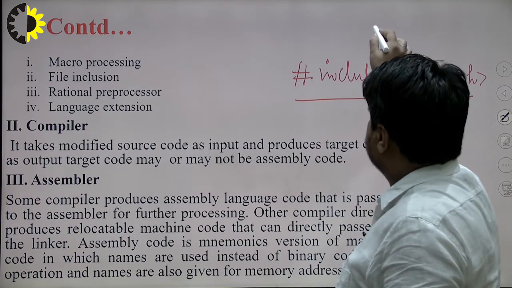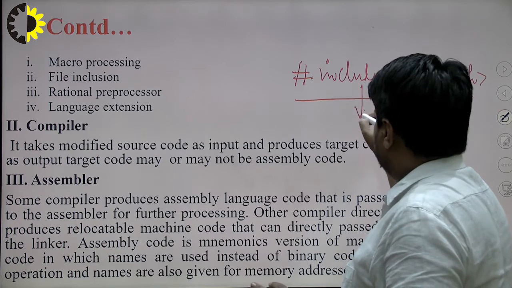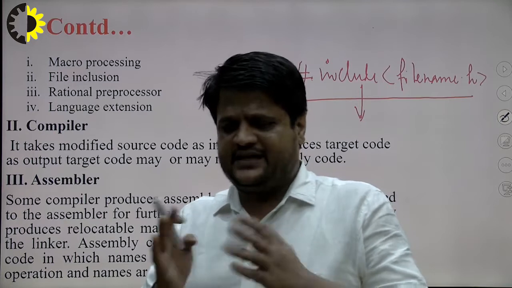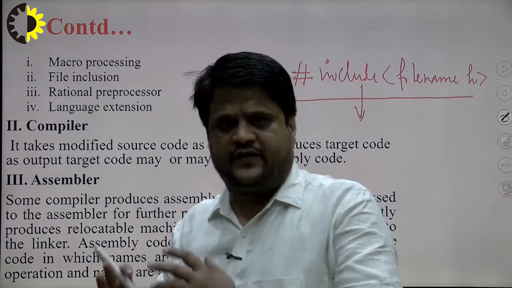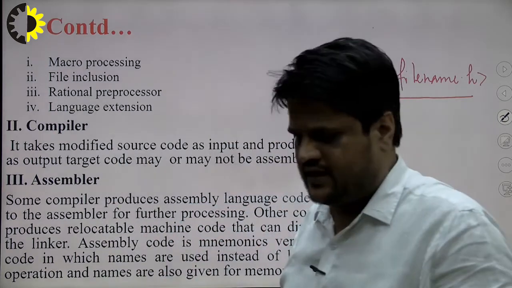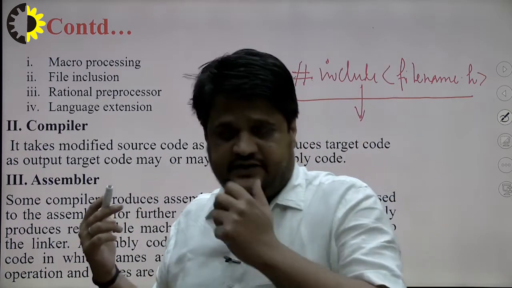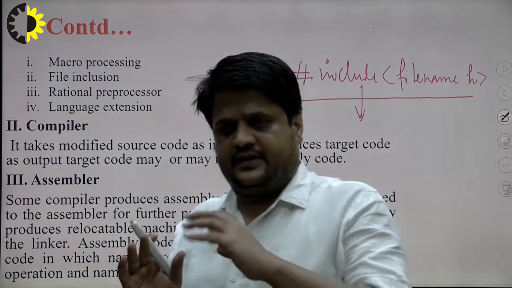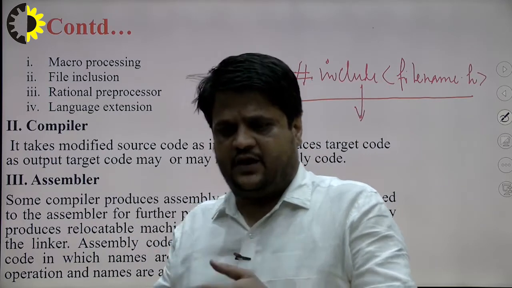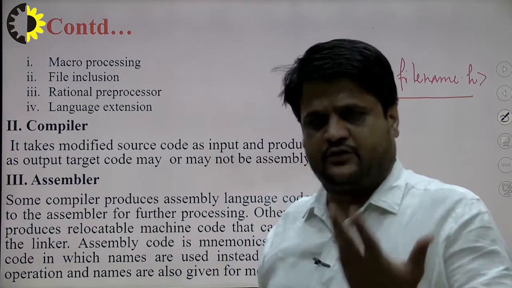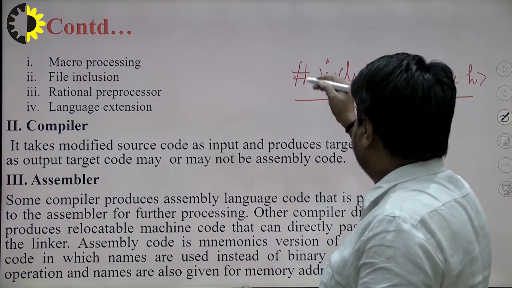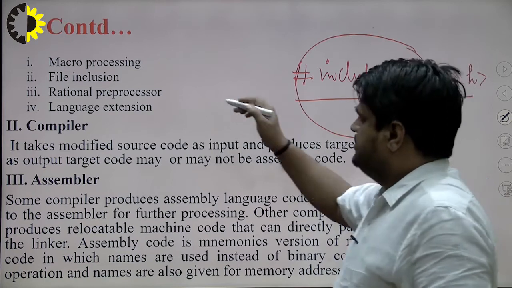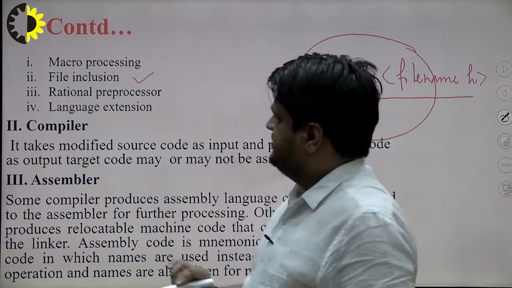The meaning is that whenever this code goes to the preprocessor, we take out the various predefined built-in functions given in the particular header file, and replace them with the content which is required in our program by the help of the preprocessor. So the preprocessor plays a vital role in the inclusion of files, right?